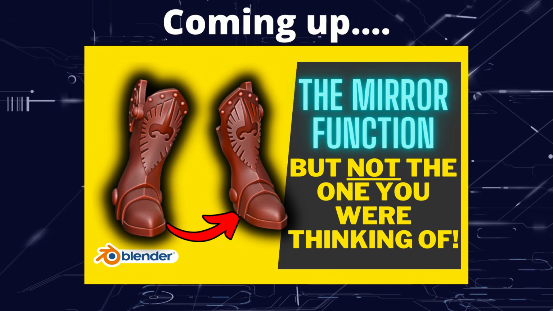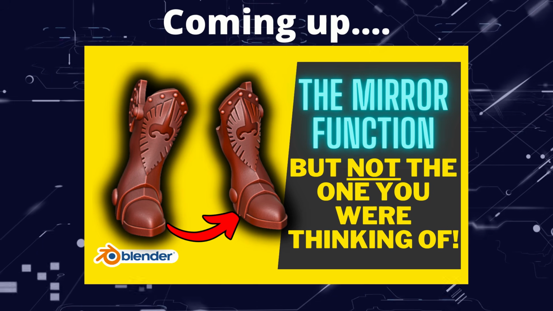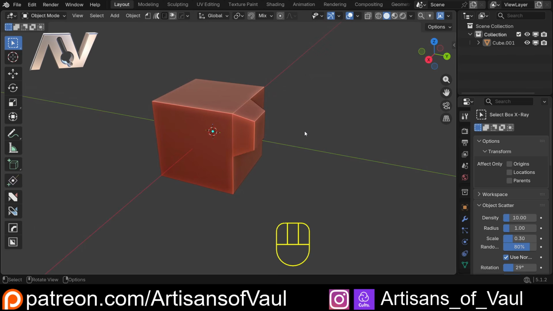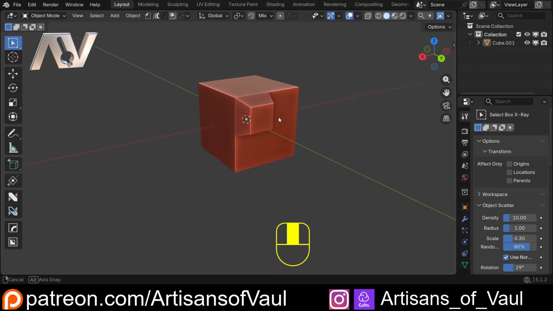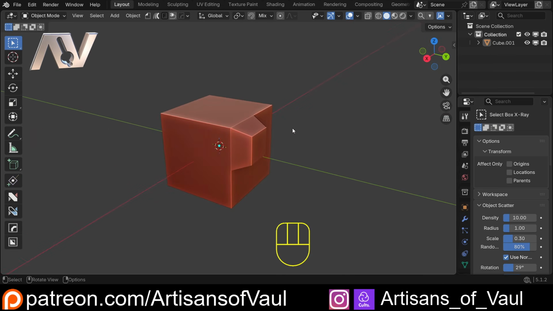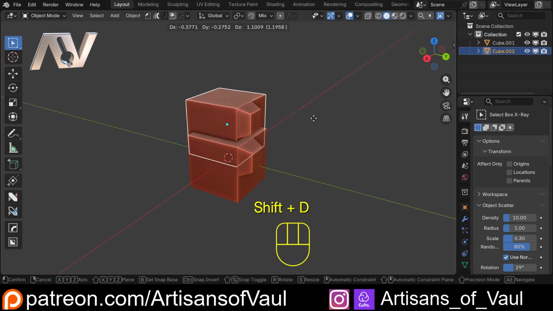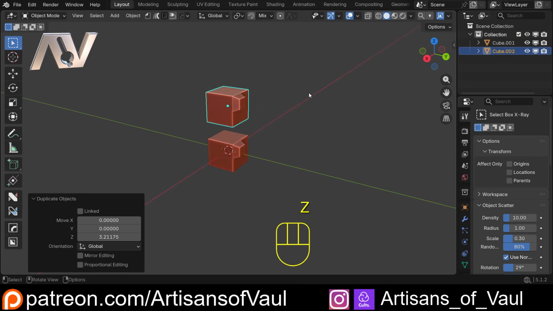And in this video we're going to talk about a mirror function in Blender, just not the one that you think we're going to talk about. This is one of these things where you just find it accidentally, and this happened a couple of days ago. I wanted to check this wasn't an add-on, but it does appear to be part of native Blender. So I'm just going to Shift D and then Z that up, and then Shift R to